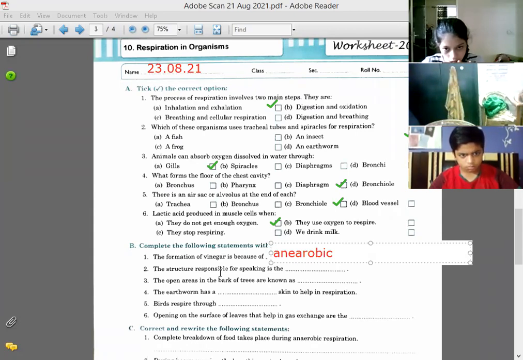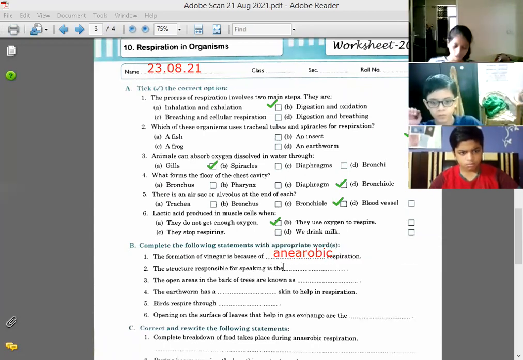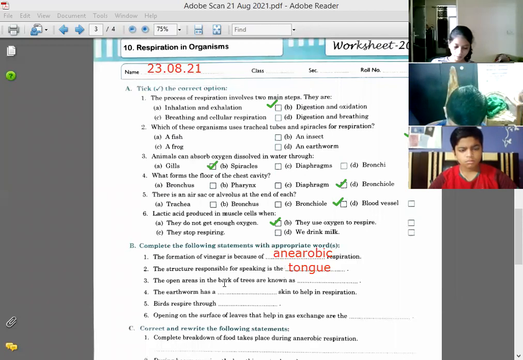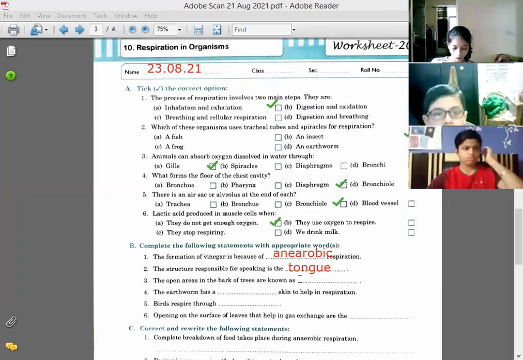Next, the structure responsible for speaking is tongue. Next, the open areas in the bark of trees are known as